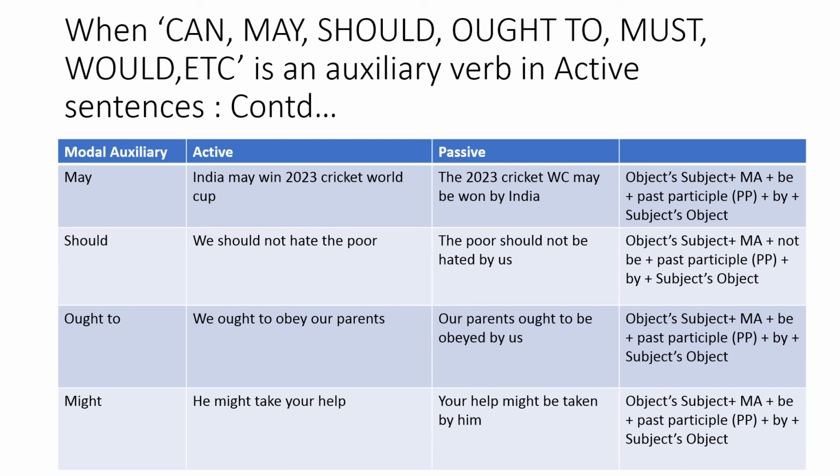I should repeat the same thing. All the examples on may, should, ought to, might: the rule remains the same. Object as subject plus modal plus be plus past participle plus by plus subject's object. And if it is a negative sentence, then you bring not accordingly in the position that has been shown. Now it's pretty clear. So there is no difficulty. So with this